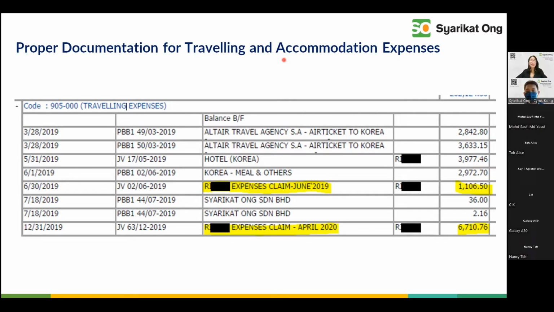So basically, this is a simple example of one of my clients who was being audited, and this simple item was picked up. You'll be surprised, Inland Revenue may not necessarily go for $1 million expenses, right? They look for small expenses. A lot of the time, the taxpayer will say, never mind, Agnes, let them add back. But no, ladies and gentlemen, don't underestimate a tax audit.